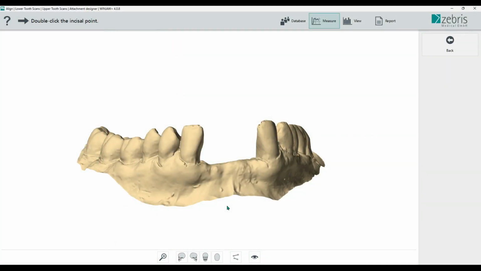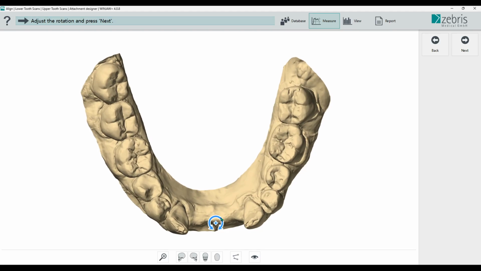Now I want to show you a special case. In this case, you see there are only the front teeth left. So for the incisal point, we simply can mark our point here on the gingiva and align it here again.